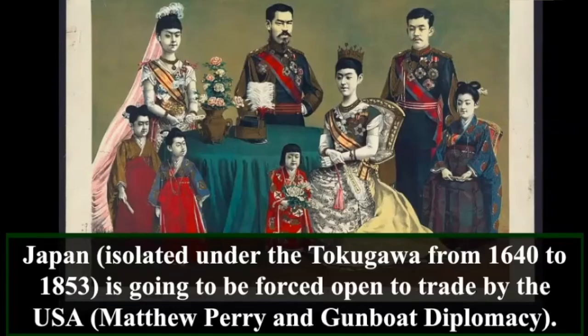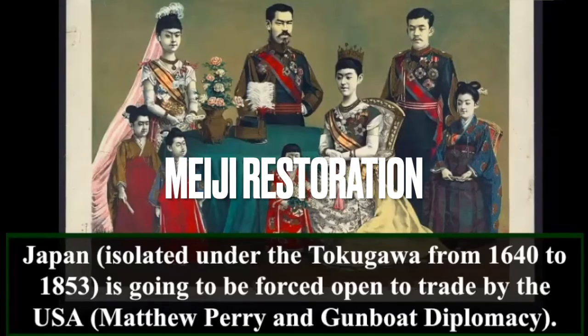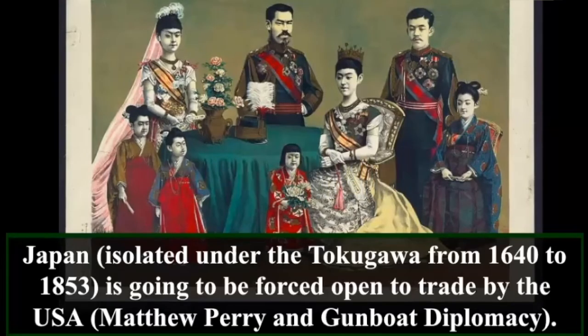So the Tokugawa shogunate loses power, and the Meiji dynasty is going to be restored. This is known as the Meiji Restoration. They're taking power again in 1857, and this is going to move Japan into a period of rapid industrialization. Now, why do they want to industrialize so rapidly? Because they want to be an imperial power. They want to be an empire. They don't want to be a colony. So they copy the British and their industrial miracle in order to become an imperial power.